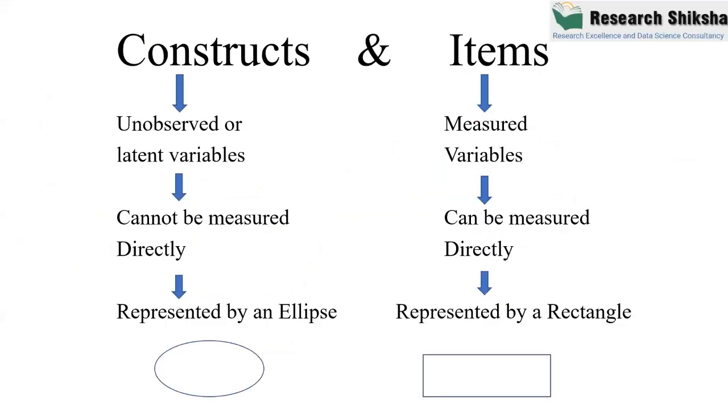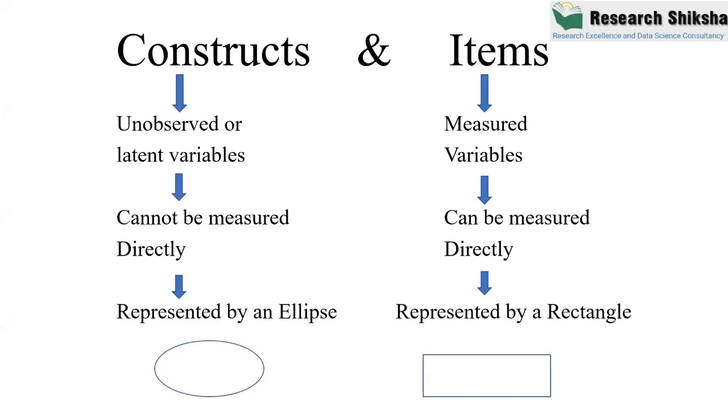Now, what is the difference between constructs and the items? Items we can measure because items are there in the questionnaire, so we can ask the respondent to fill the responses. Because items represent the construct, constructs are not there in the questionnaire. Most of the time you don't represent the construct in the questionnaire, you only represent the items. So items are known as measured variables, which can be measured, and constructs are those which cannot be measured directly. Like in our example, brand loyalty cannot be measured directly, but it can be measured with the help of items.